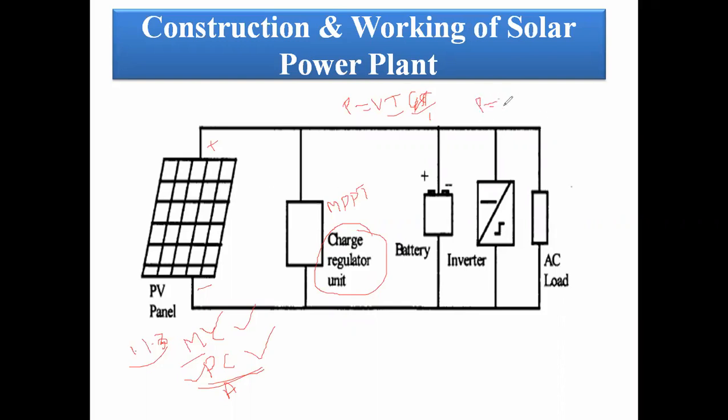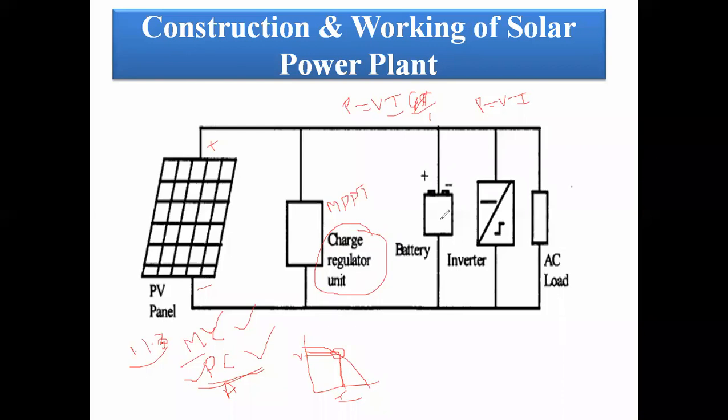As per the VI characteristics, there is one point at which we can generate the maximum power. That is the particular point available on the VI characteristics, with V on one axis and I on the other. With that we can generate the power, which we can store in the battery.